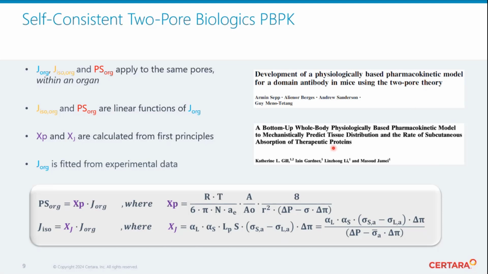Right. Up to 2015 or so, you can find papers published along those lines, except that the filtration diffusion parameters were, for practical purposes, impossible to figure out from experimental data, and there was no way to predict them from first principle either. So, literally within a couple of weeks from each other, we had papers out from Certara and also from GSK, where I worked at the time, where we demonstrated how filtration diffusion coefficients are cross-correlated to the organ-specific lymph flow rate.